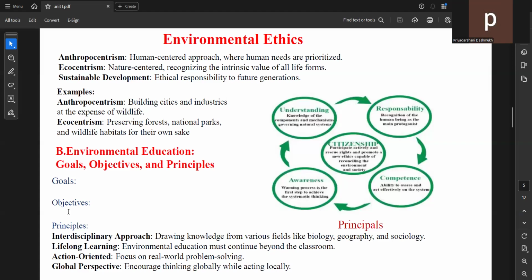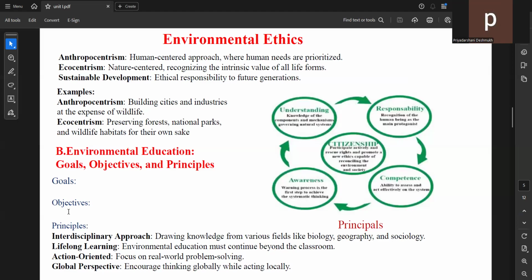Now we are going towards the next, that is anthropocentrism. For example, if we are studying anthropocentrism, then we are building cities and industries at the expense of wildlife. The next example that we can give is from ecocentrism, that is preserving forests, national parks, and wildlife habitats